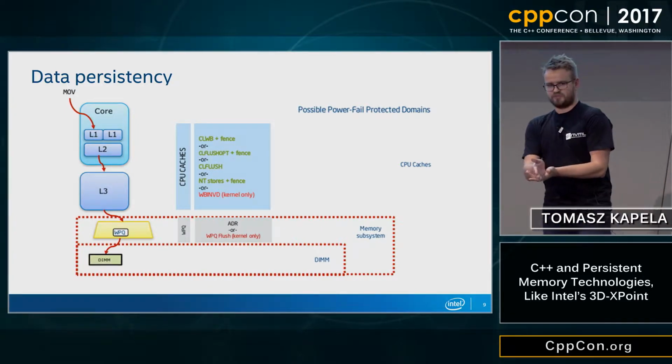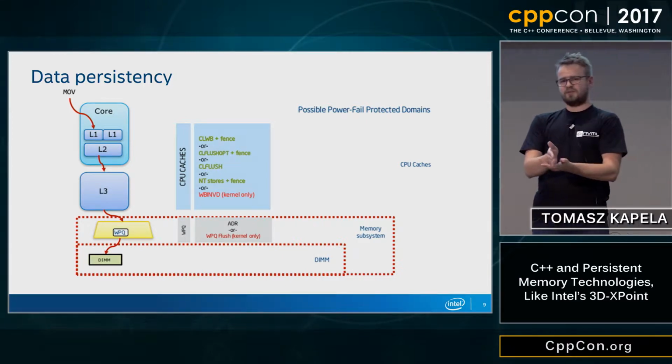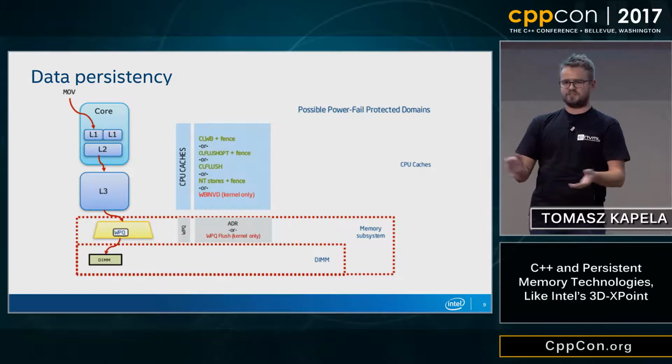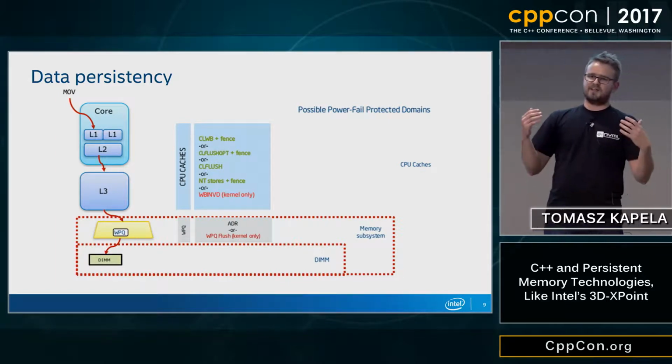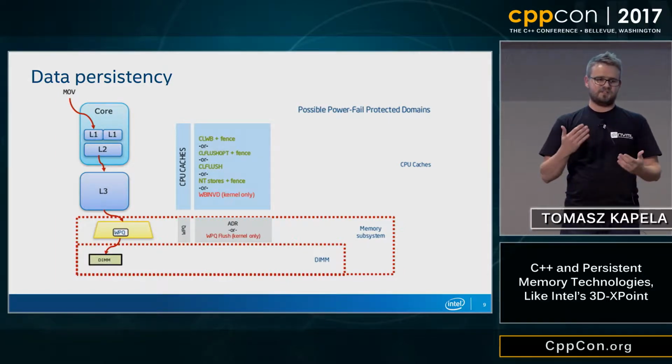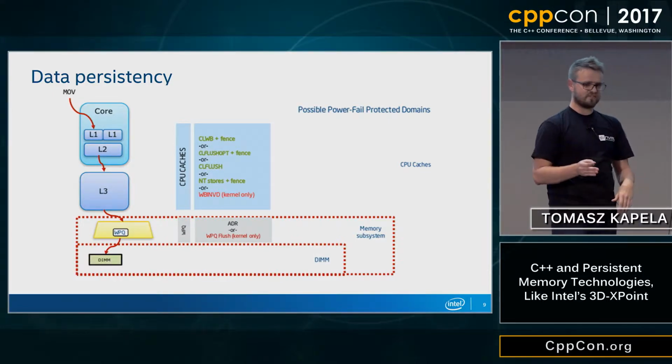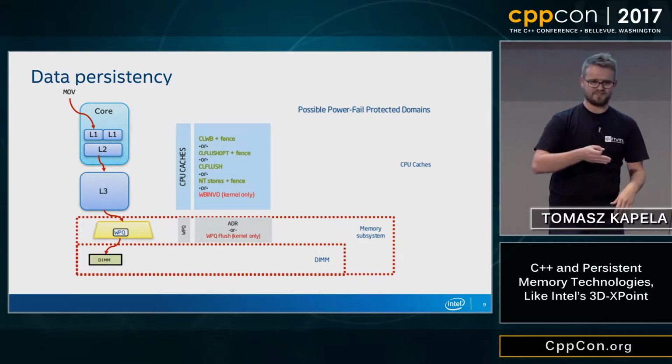So once you flush the cache line that you want to evict from the CPU cache, it hits the memory controller buffers. And historically, the memory controller buffers were not in the power failsafe domain. But all these smart guys and all the companies decided that it's going to be too hard to program if we have to manually flush the memory controller buffers. So there was an instruction for it. It got deprecated before it got implemented in the hardware. So